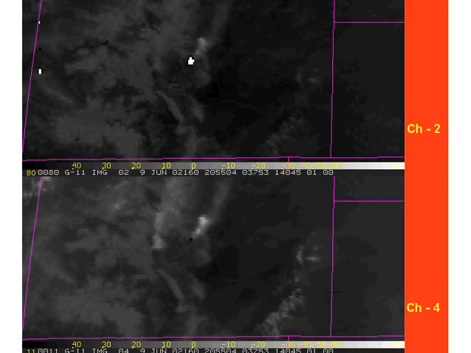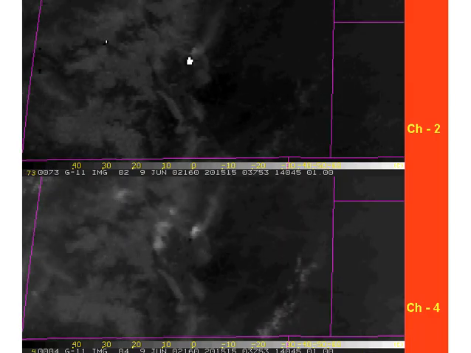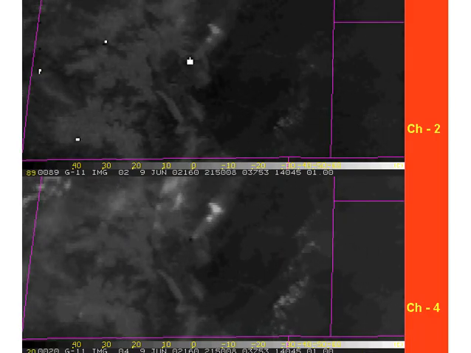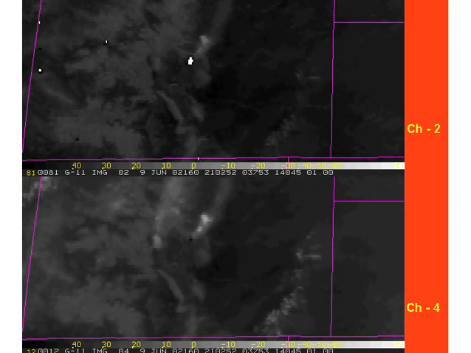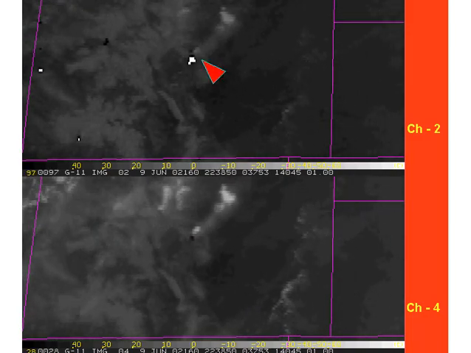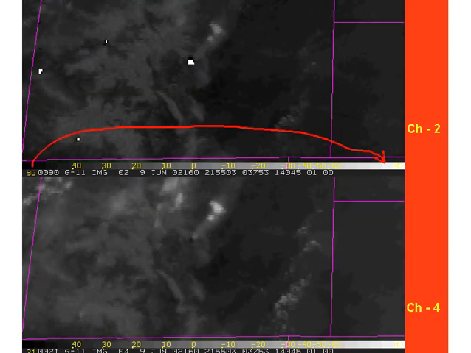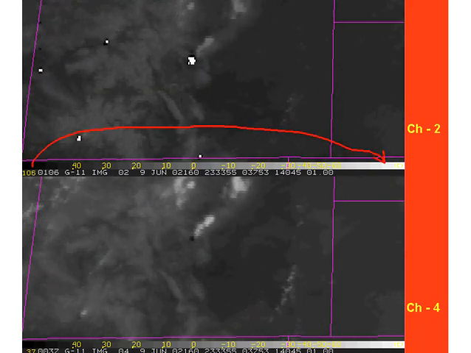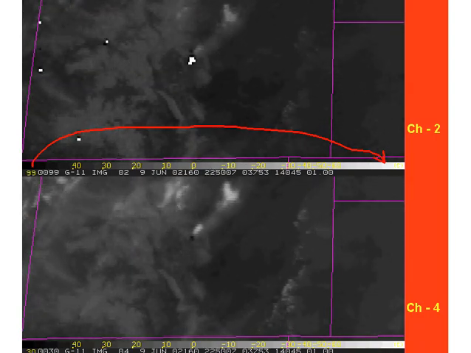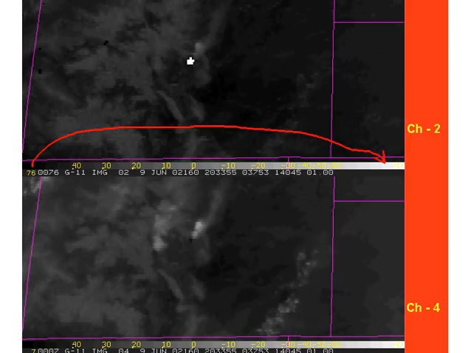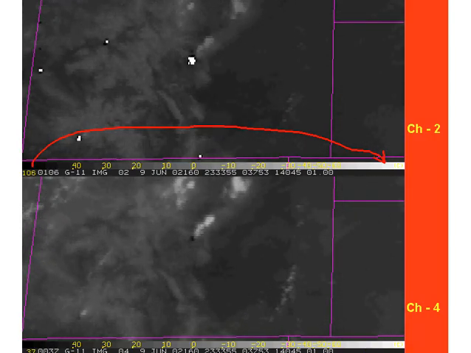Here is a loop. This occurred during the GOES 11 science test back in 2002, and this was over Colorado. You can see we had several very big fires. In the top here is the channel 2 alone, and you can see we do have this rollover problem occurring so that the hot spots suddenly appear cold and turn white. I realize I said before that that doesn't happen with GOES 11, but this was before calibration was corrected during the science test. So this is what it would look like probably if you looked at it with GOES 12